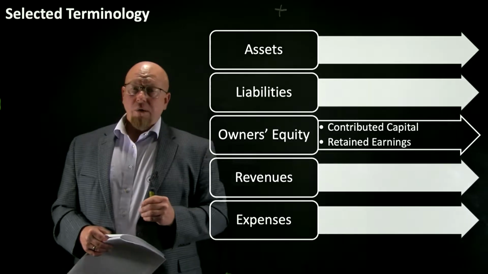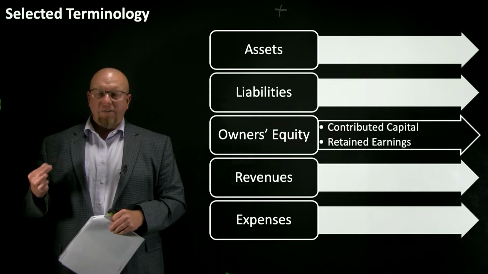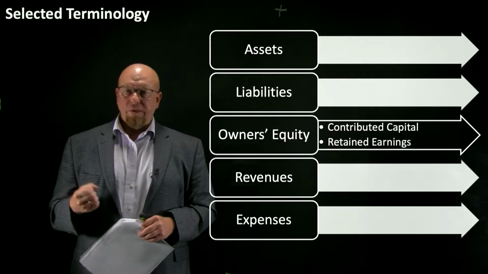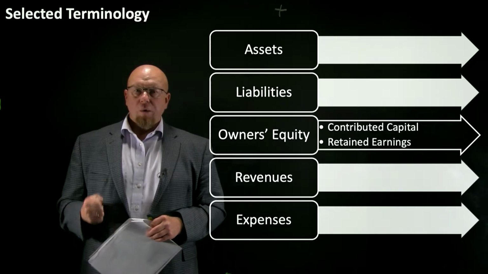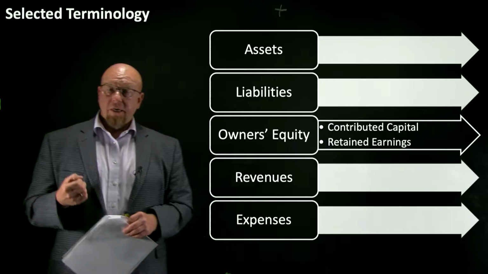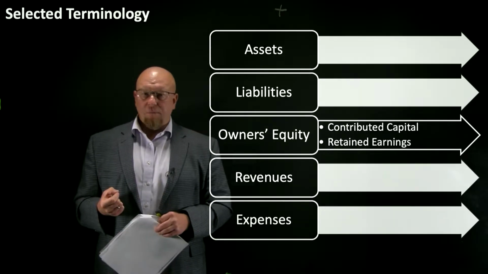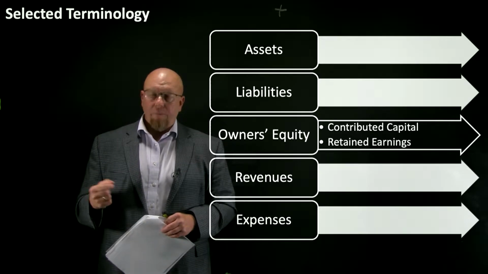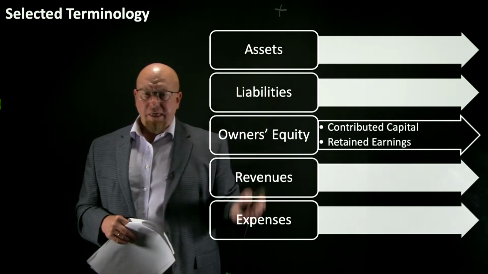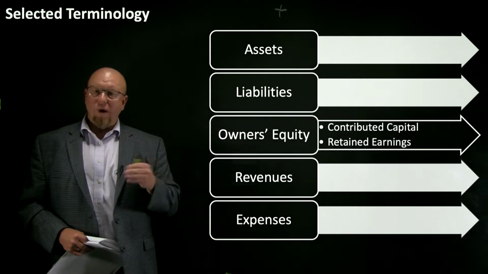Now, also, once we get past those basic building blocks, we have to understand what types of accounts we're dealing with. Ultimately, for every transaction, we're going to have the transaction affect at least two accounts. It's the concept of double entry bookkeeping, and we will look at this concept in some more detail in a separate video. But before we talk about accounts, we need to understand these five basic areas: assets, liabilities, owner's equity, revenues, and